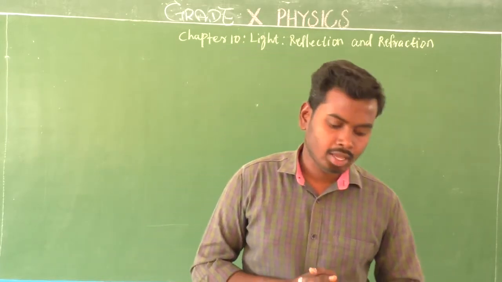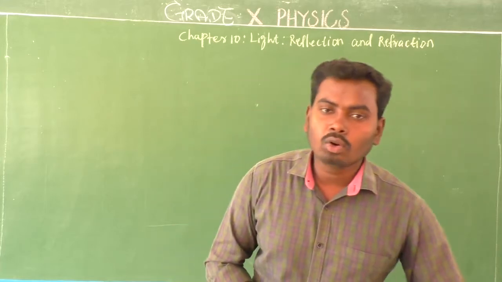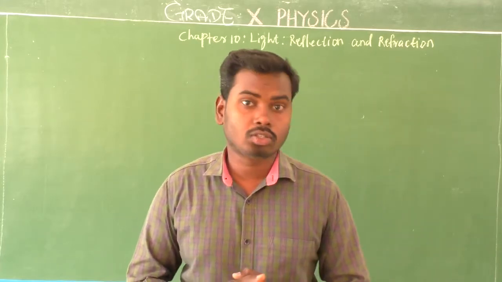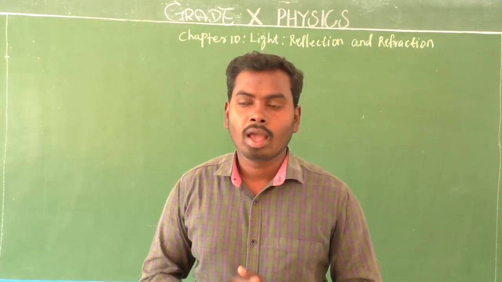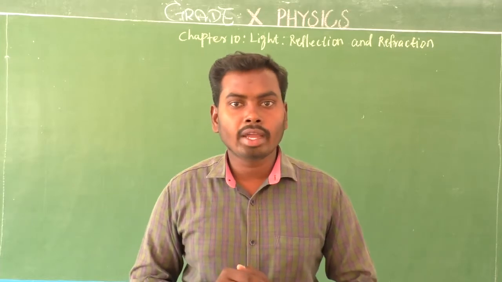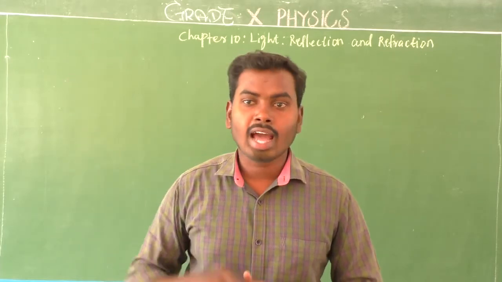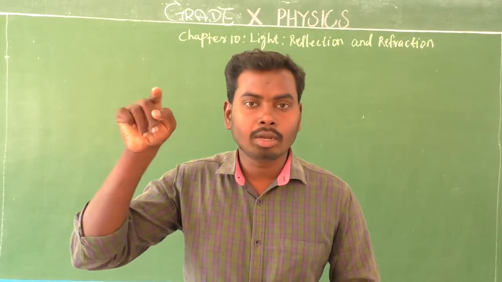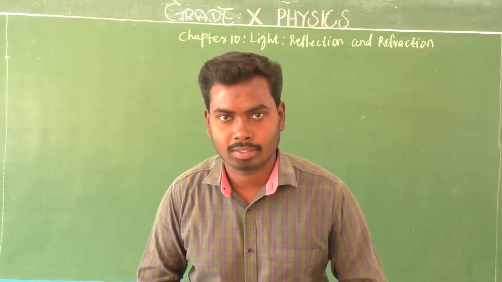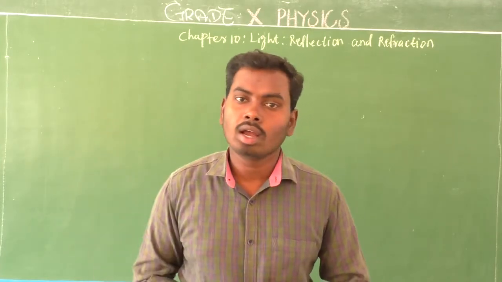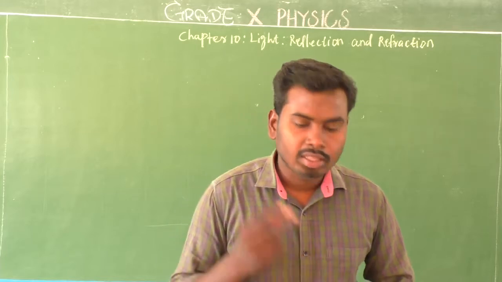Is it clear? Yes, that is the first rule. Am I right? Yes. What is the second rule? The second rule is actually a reverse case of the first rule. What is that, sir? A ray of light going towards the focus of a concave lens becomes parallel to the principal axis after refraction through a concave lens. Is it clear? Yes. That is the second rule.